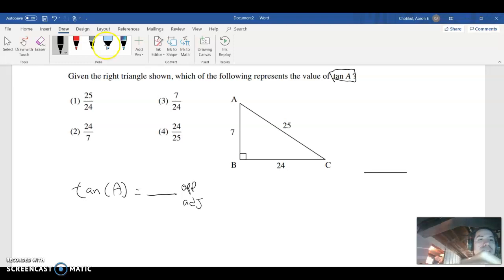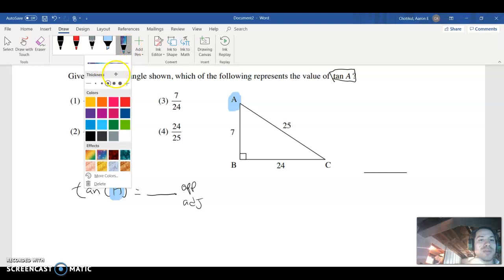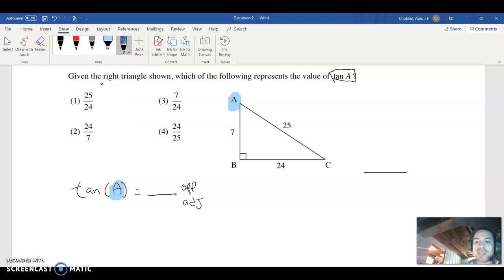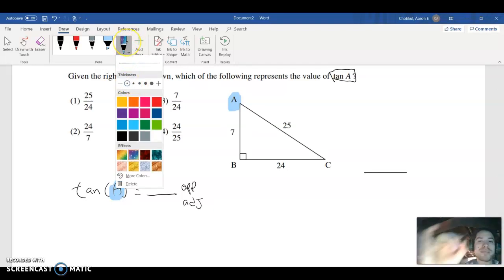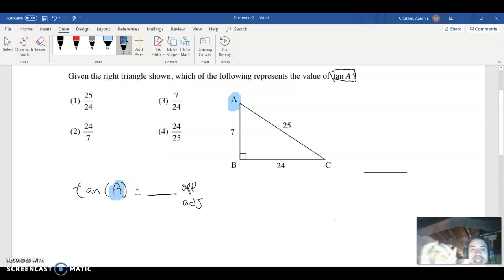So the first thing we need to do is circle our angle. Now our important angle here is A, so I'm highlighting A. Now let's use this fun space pen to write out and label our sides. So that being said, let's label the hypotenuse first. The hypotenuse is across from the right